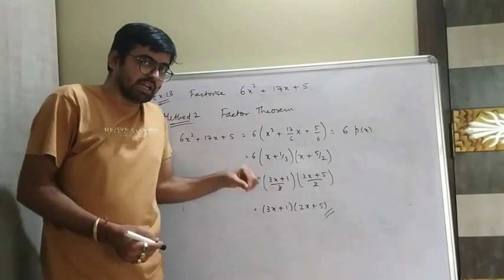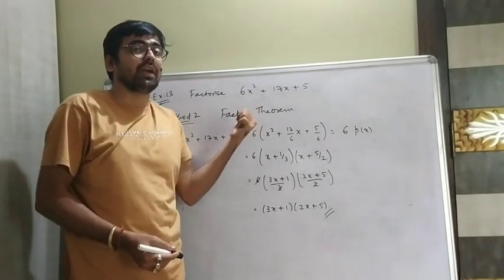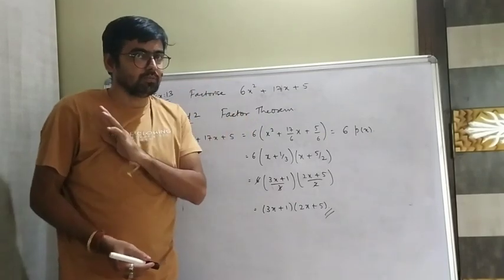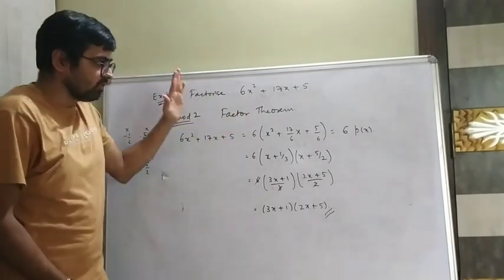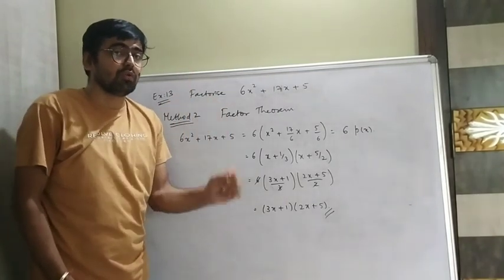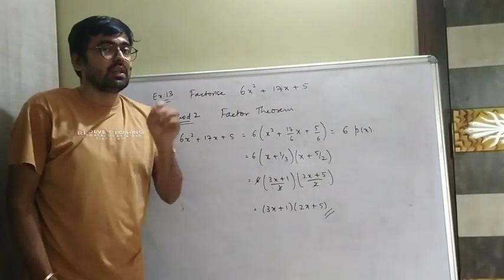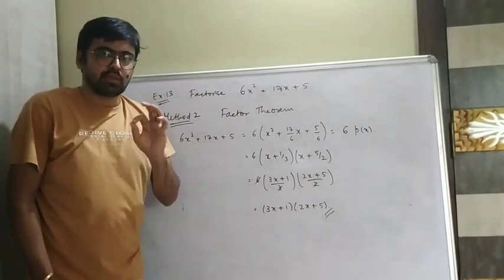By the splitting method, we got the same factors, but factorization makes it difficult using factor theorem. And in our textbook, we are going to solve every problem from now onwards with the help of the factor theorem. Am I clear? Please watch it carefully, 1 time, 2 times, 3 times, as many times as you want, but make sure that you understand this method. It is very important. Am I clear?